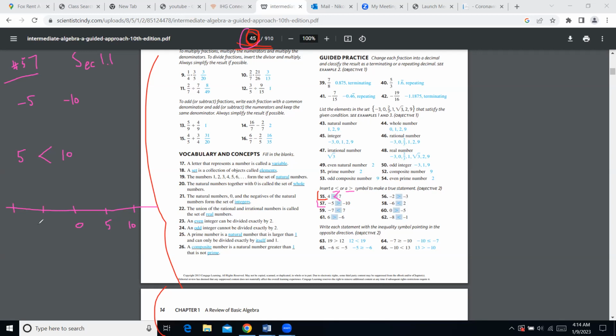Notice that we mirror numbers 5 and 10 through 0, and we get those negatives. And notice that now everything is mirrored, so things changed. So you can see that now 5 is to the right, so it is greater than